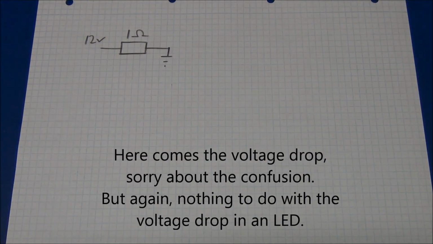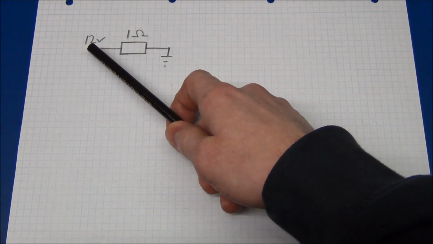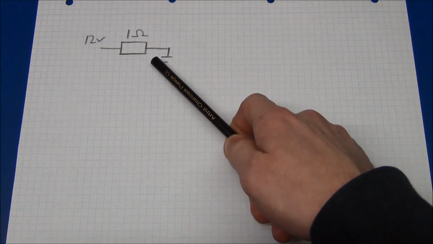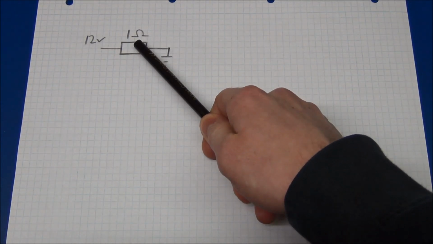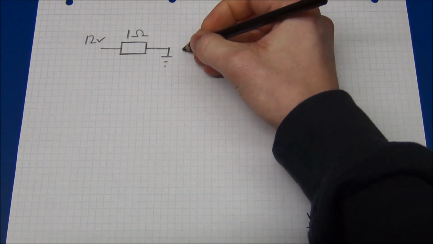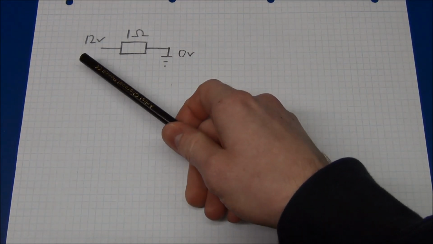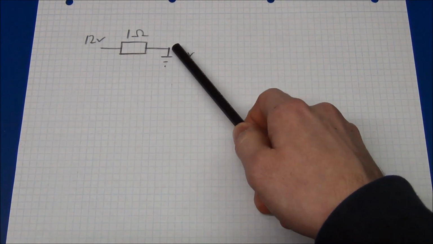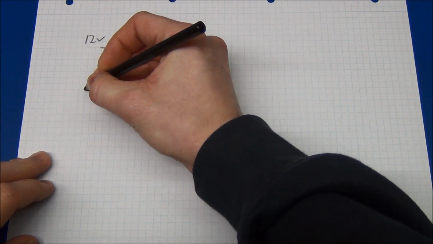So by using the calculations we've been looking at so far, we can calculate that 12 amps will flow through this resistor, because we have 12 volts across 1 ohm. The ground point is at 0 volts. We could also say that we are dropping 12 volts across the resistor. Now what if we have